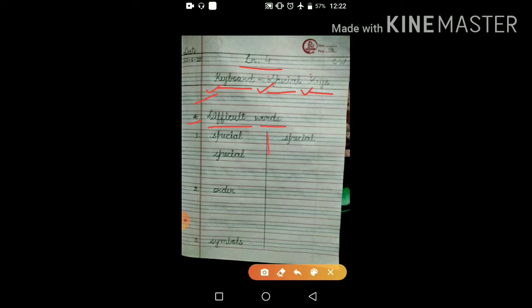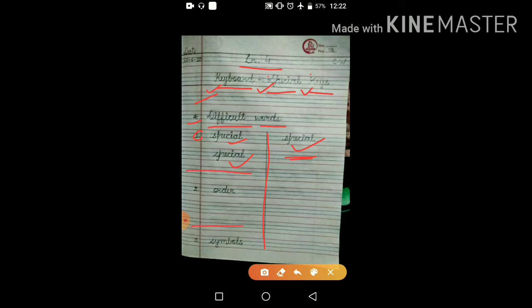You will divide the page using a scale in two parts, and you will write each difficult word 3 times only. First time here, second time here, third time here. You will leave this space blank. Make sure to do the numbering for all the difficult words. After writing each difficult word 3 times, you will leave one line.